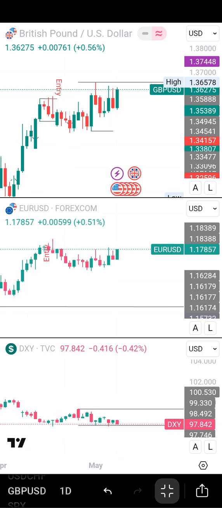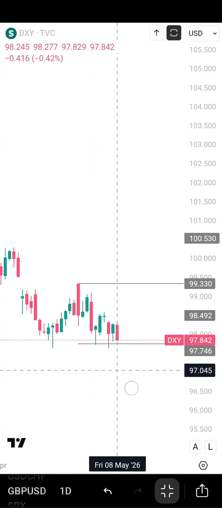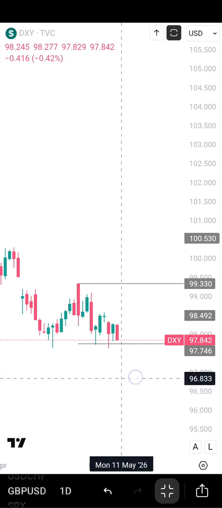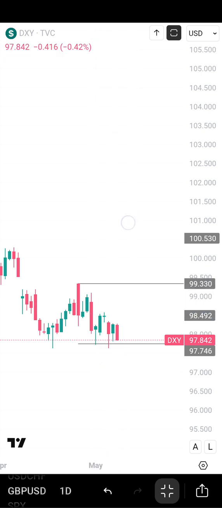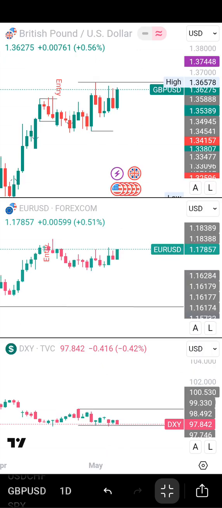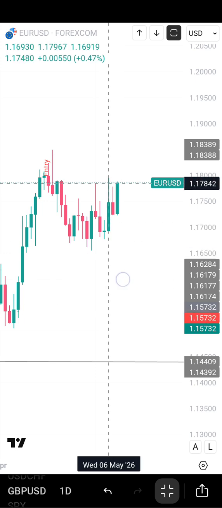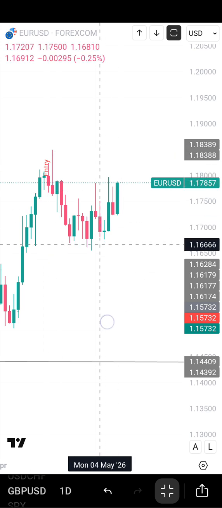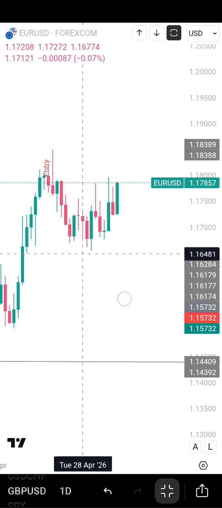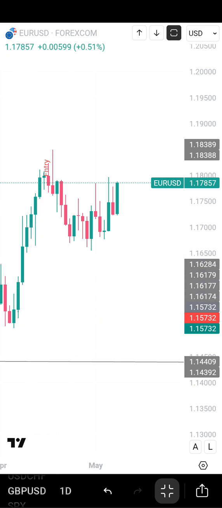So you can see it here on DXY on daily time frame. You can see price is an inside candle. Price might still push lower or might open and start pushing to the upside, taking that liquidity at the top. And for EURUSD, you can see here there's still liquidity at the top here. Still an inside candle to the top here. Price might take it off or take this high before pushing down. So we have liquidity here. We also have liquidity here. We have volume. So we have the imbalances here that price can still come down to.